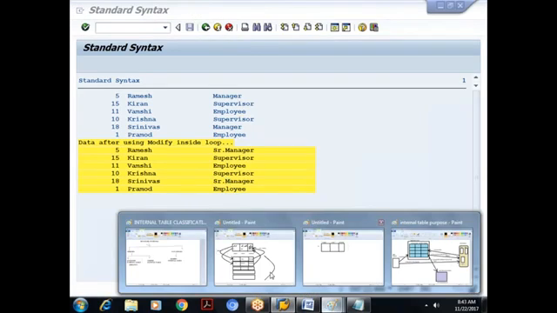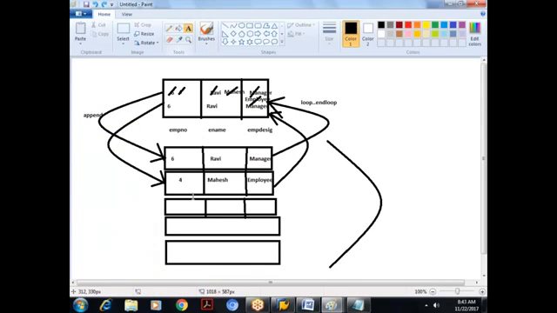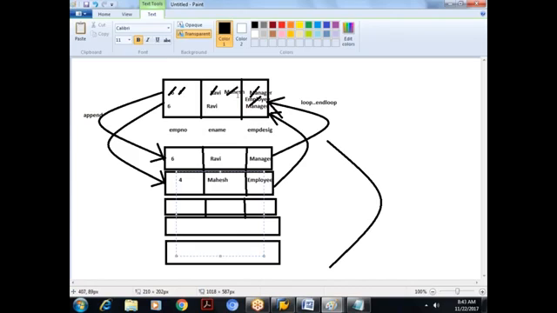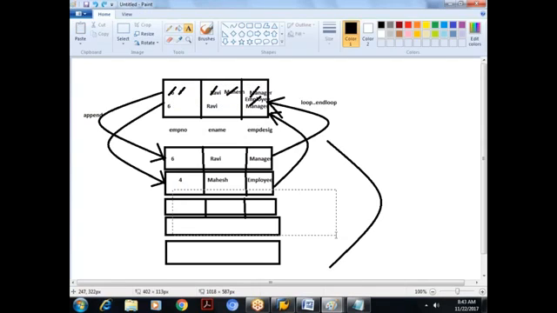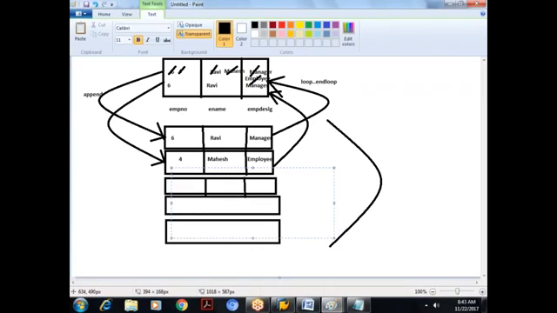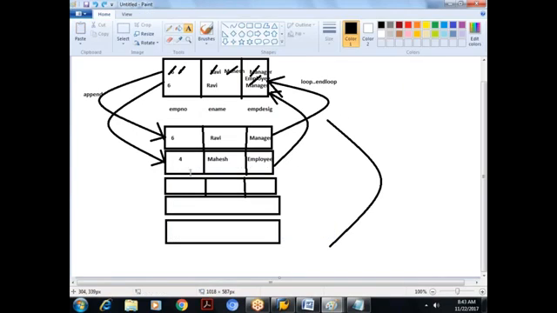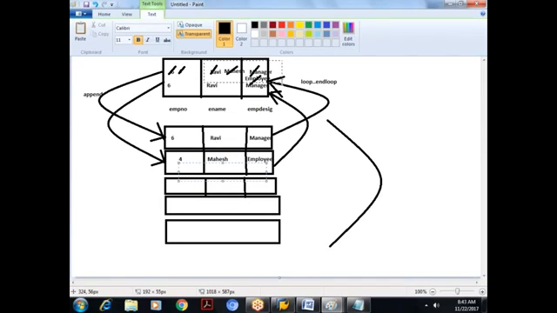Before I explain that logic, directly I cannot modify in the body. First you do the necessary changes at what? Work area, that is header. Then comparing with header you update your internal table. That is the story. Understood? We don't have any direct statement to modify the record directly in the body. You get that record into the header, make the necessary changes in the header, and then update your body.